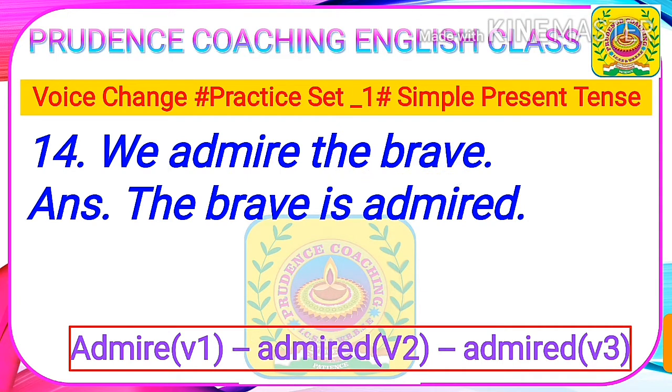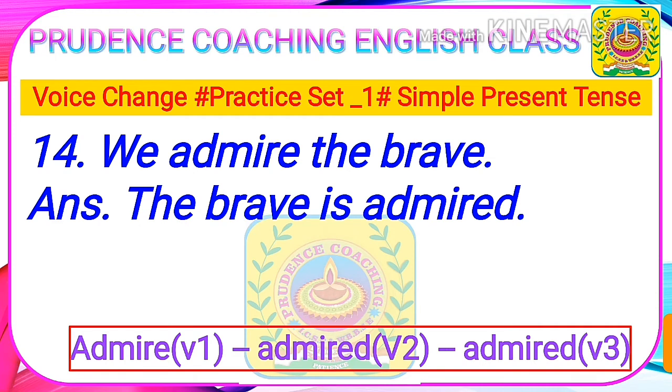As you can see here, the doer of the action is we, or the subject is the doer of the action, so the statement is given in active voice. So we need to change the given sentence into passive. First we need to swap the subject and object. Here the subject is we, and we know the objective form of we is us, so we need to end the sentence by writing by us, and the brave, which was the object, will become our subject,